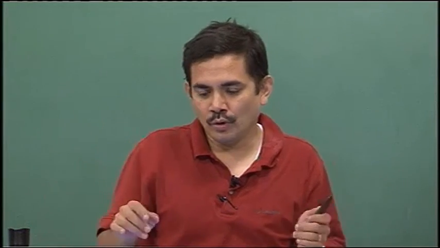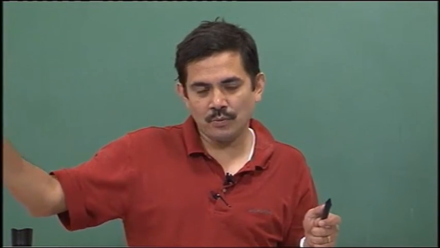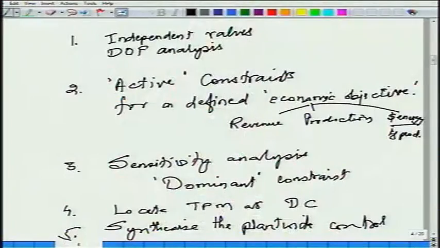So you don't want to operate always at max, you may want to operate at low production rates too with the same plant, and you want to do it in an economically, quote unquote, optimal way. To do that, this simple-minded procedure needs further refinement. That further refinement is probably what we will talk about, maybe through some more examples.